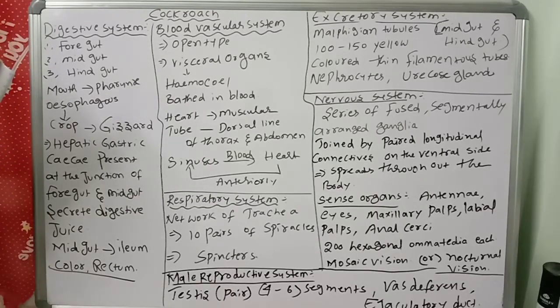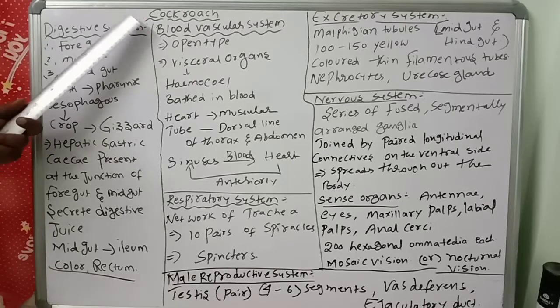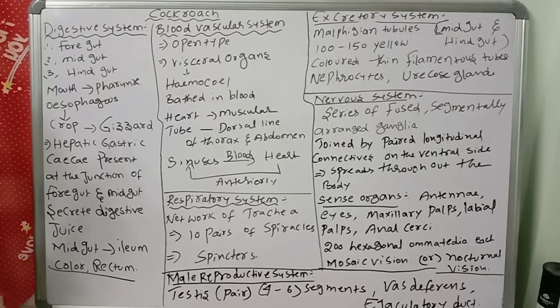In the males, the genital pouch lies at the hind end of the abdomen, bounded dorsally by the ninth and tenth. The ninth sternum of the male cockroach bears anal styles. So the presence of anal styles decides that it is a male cockroach. And the female cockroach? There is no anal style, but they have anal cerci. Both male and female have anal cerci. So like this, we discussed different points in the previous class.